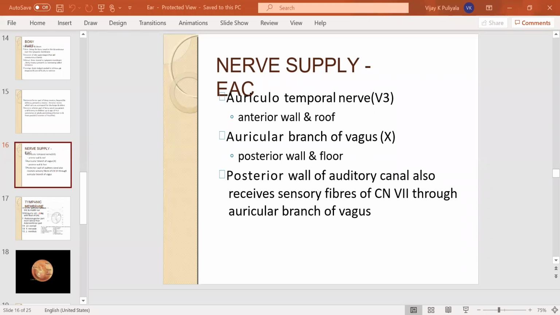So the eustachian tube, what is the other name for the eustachian tube? Where is it present? The other name for the eustachian tube is the pharyngotympanic tube. Why is it called that? It extends from the nasopharynx to the middle ear cavity. That's why it is called the pharyngotympanic tube, or also the auditory tube. Okay, so these are the different names for the eustachian tube.